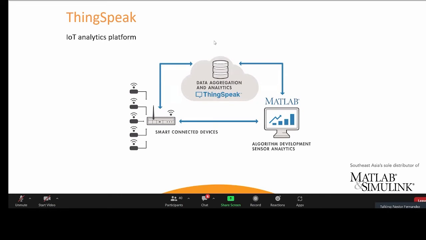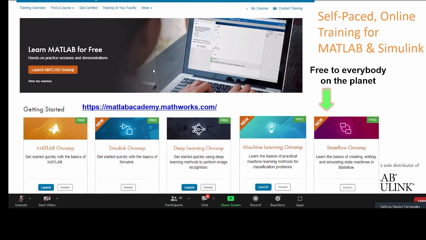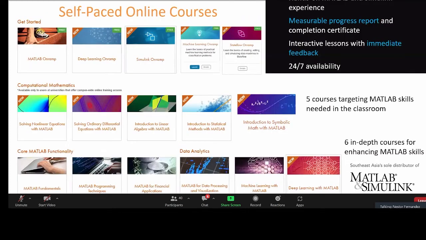We also do have an IoT analytics platform called ThingSpeak. It's already connected to your MathWorks account. You can just go to thingspeak.com, and it allows you to access data from your smart devices. The second part we want to highlight is the self-paced online training. There are 13 courses available for free to anybody at matlabacademy.mathworks.com. But with your campus-wide license, what you get are an additional 11 courses that